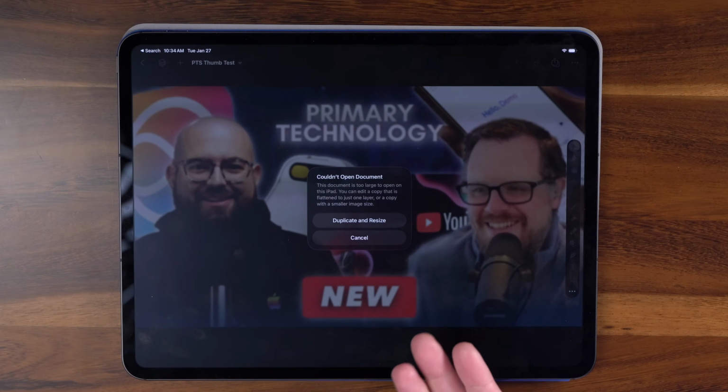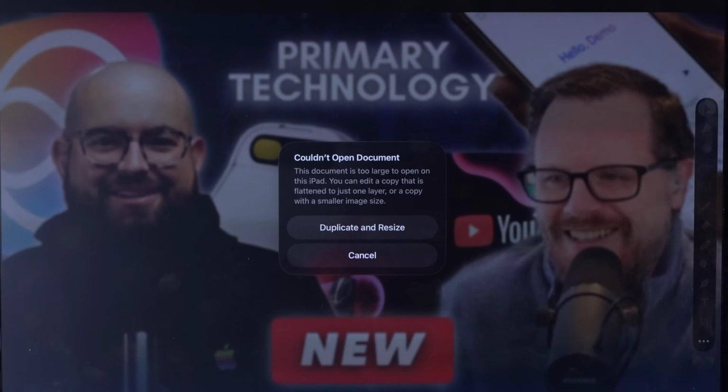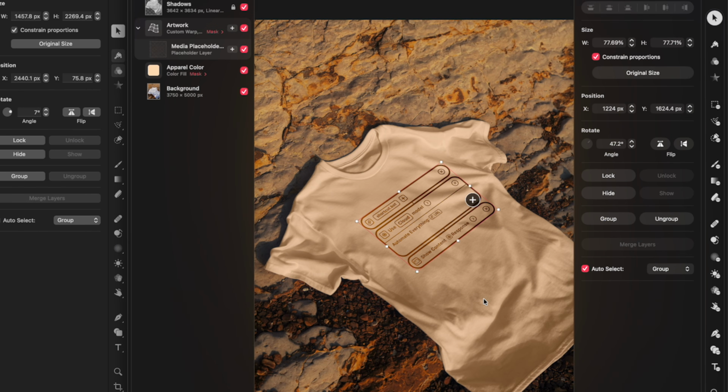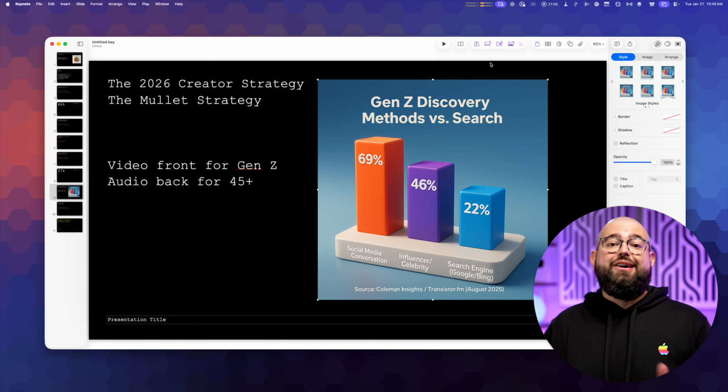But after using it for a couple weeks, I do have some critiques, and some issues that persisted all the way up to the launch. So I want to start by highlighting some of the great new features in things like Final Cut, Logic Pro, Pixelmator, and Keynote, then share where I think some improvement needs to be made, especially now that this is a subscription model for a lot of the apps,